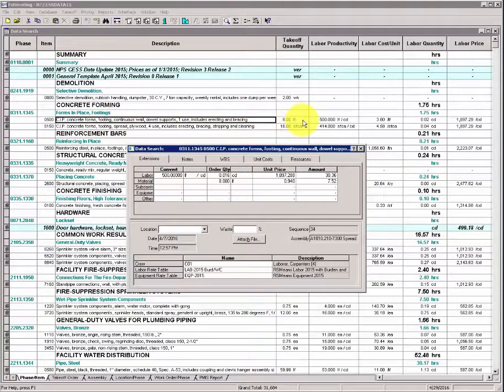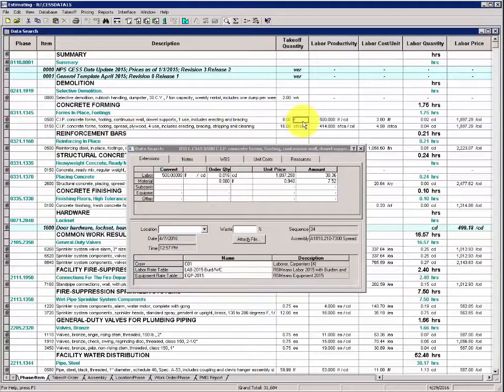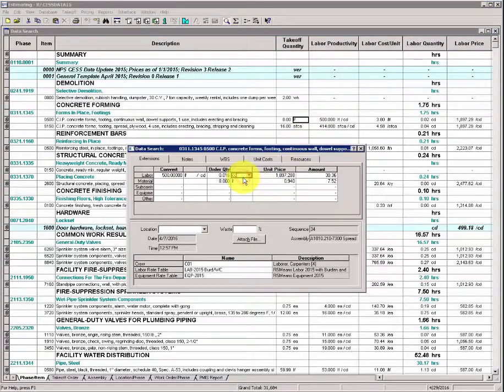Additionally, you'll find a takeoff unit and in CESS an order unit. There are two unit types in CESS, a takeoff unit and an order unit. Data comes from RS-Means, pricing,